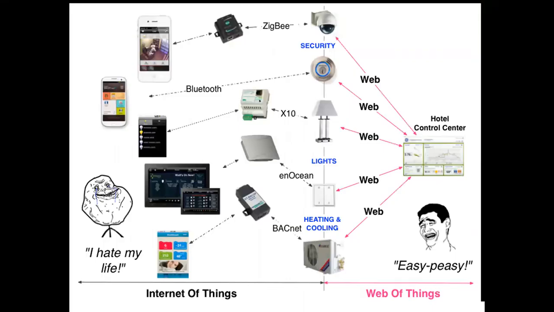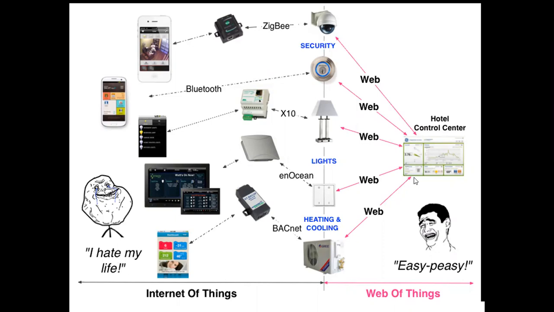And the difference between this WoT and IoT. Here you can see the several devices. The number of devices here are connected through the IoT, the Internet of Things. That means the devices are connected to each other through a wired network or a wireless network. And the Web of Things,